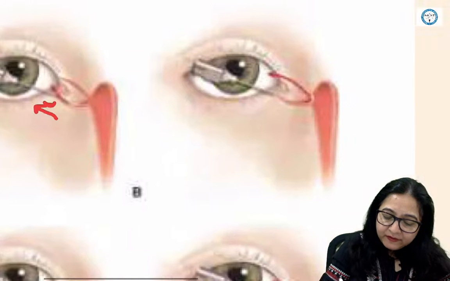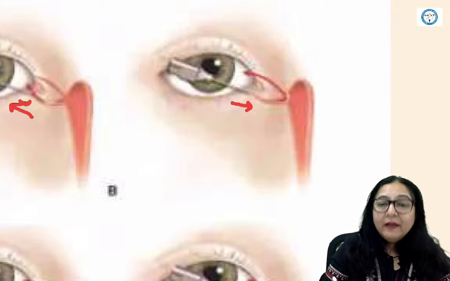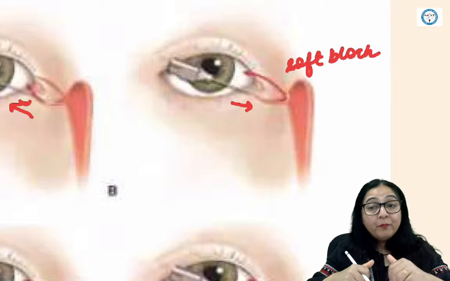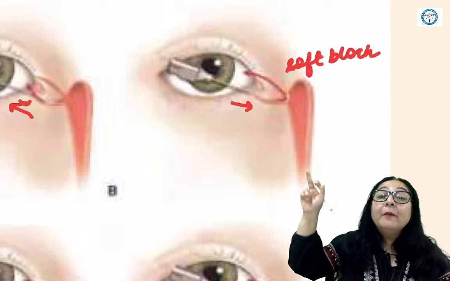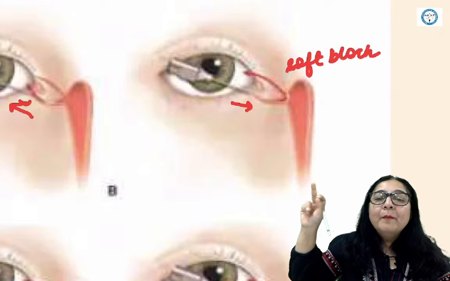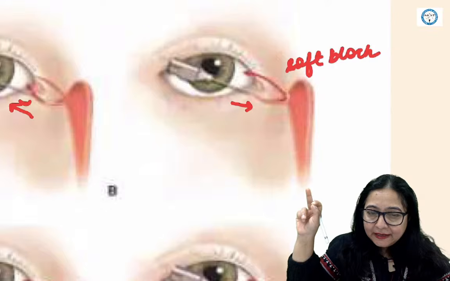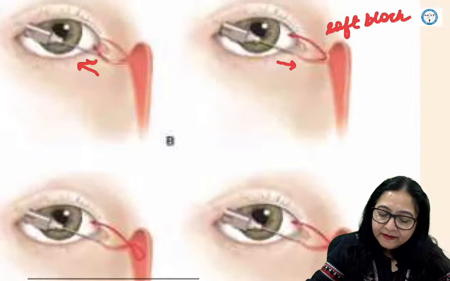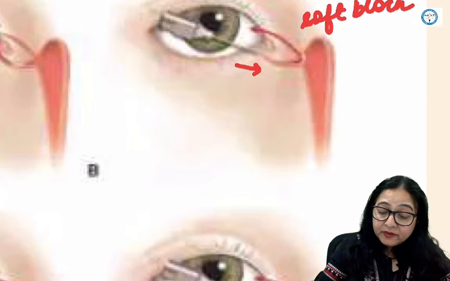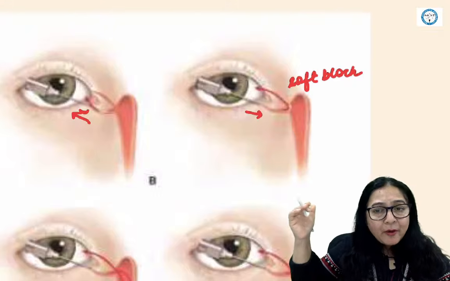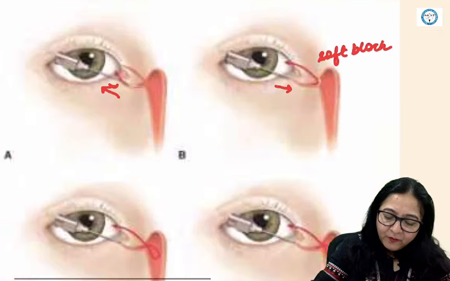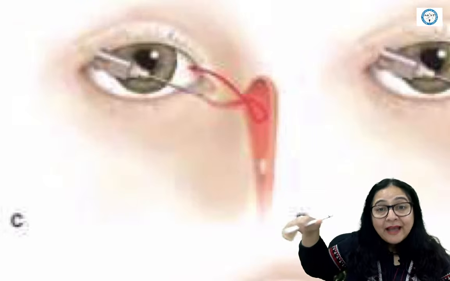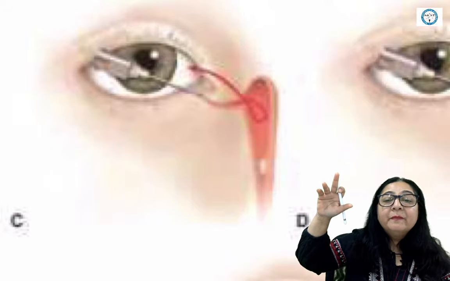Okay, so second is, you advance the cannula and you see a soft block. You notice a soft block, and then when you push the fluid, it comes from the opposite punctum. So that indicates common canalicular block. Common canalicular block. Okay? This is when the soft block is noted at a very early phase, about 2 to 4 millimeter. If the soft block is noted at around 6 millimeter or so, and again the fluid comes back from the opposite punctum,